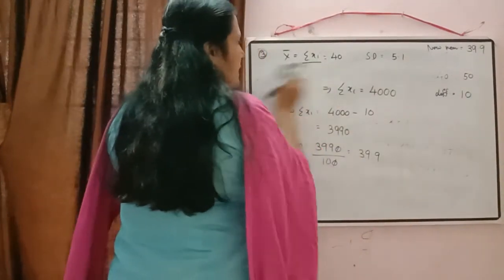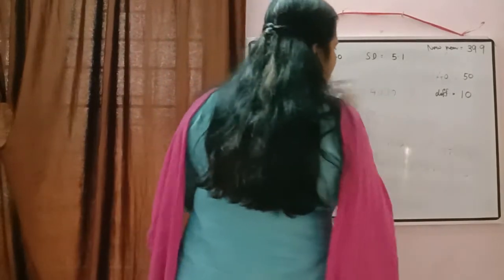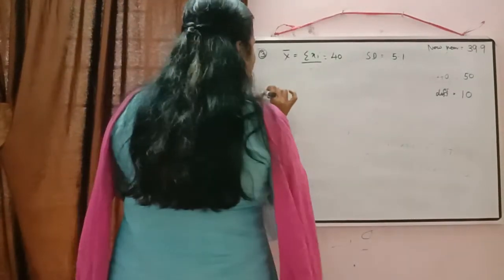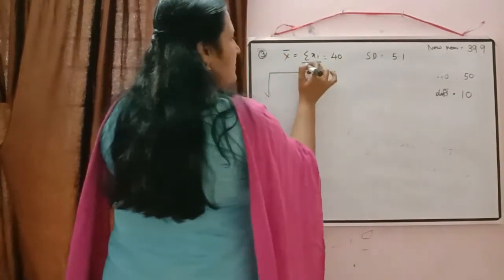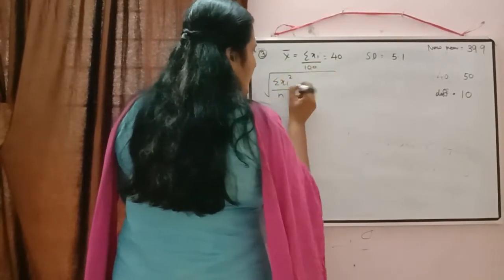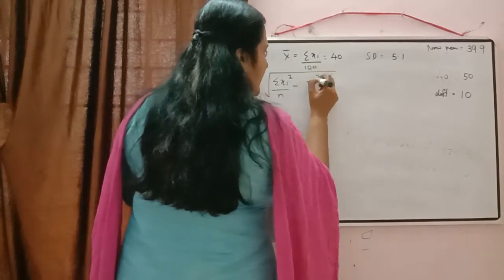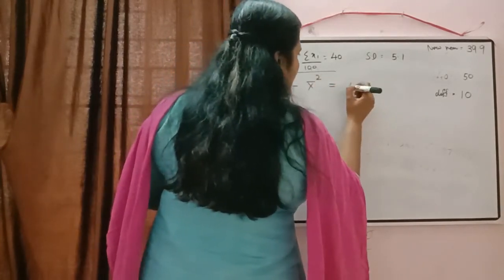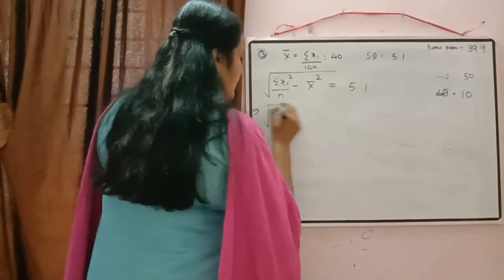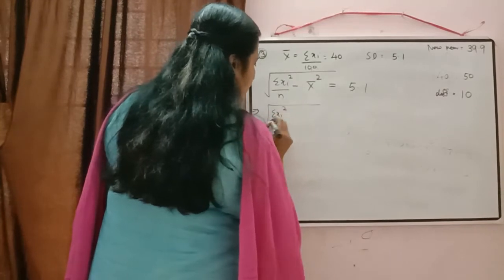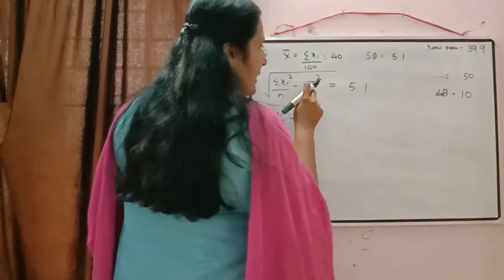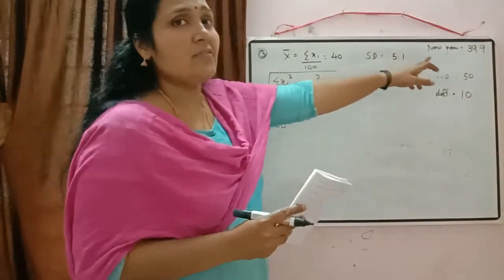Okay, so now first we can check how to correct the total there. So what is given here? Standard deviation is equal to 5.1. Standard deviation according to the formula will be equal to square root of sigma xi square by n minus sigma xi by n, means that is x bar, the whole square, is equal to 5.1 is given. Now we can substitute the value here. Sigma xi square by n, how many observations are there? 100 minus x bar.